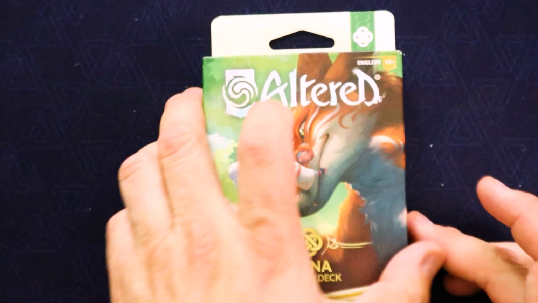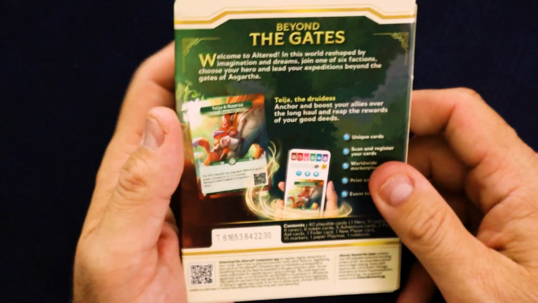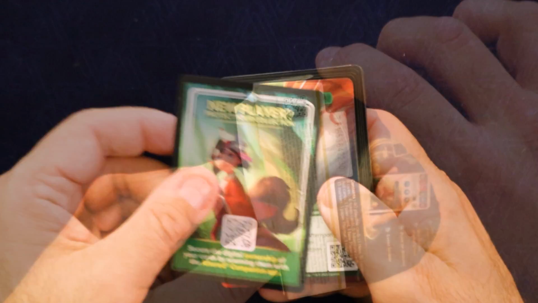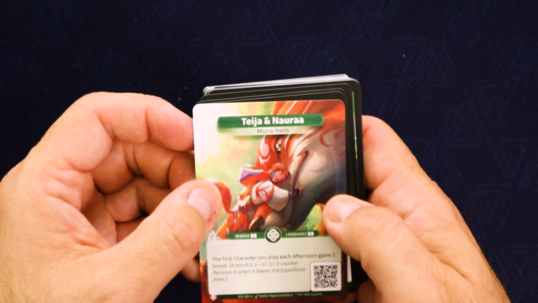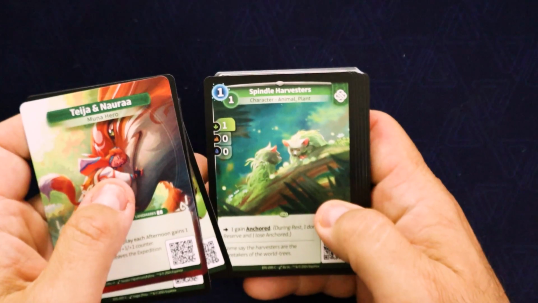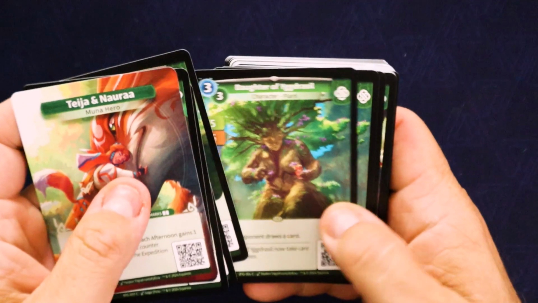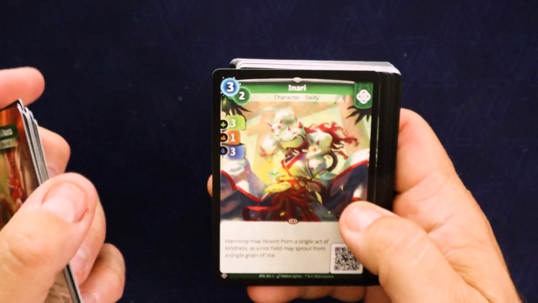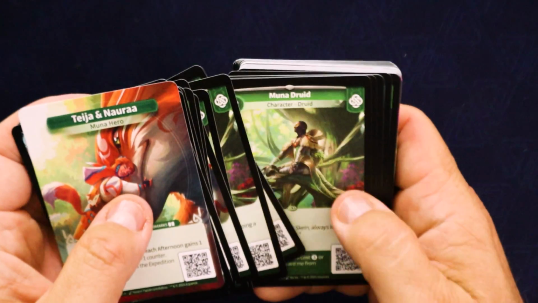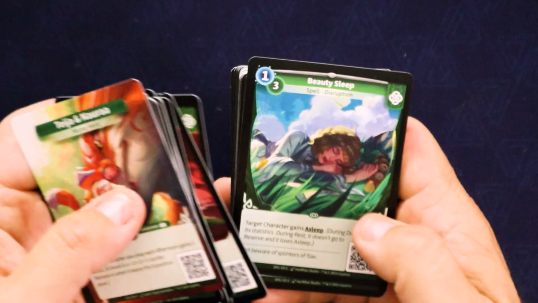All right. Now we have Mauna. It says, anchor and boost your allies over the long haul and reap the rewards for your good deeds. Okay. I like that. It kind of gives you an idea of what their focus is for each one. Okay, let's see. Teja and Naura, Kitsune, Spindle Harvesters, Daughter of Yggdrasil, Inari, Mauna Druid, Cernunos, Beauty Sleep,